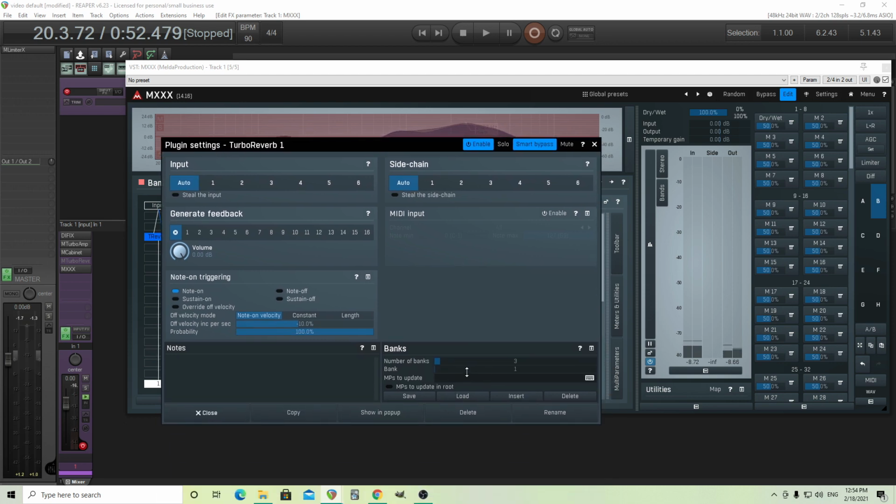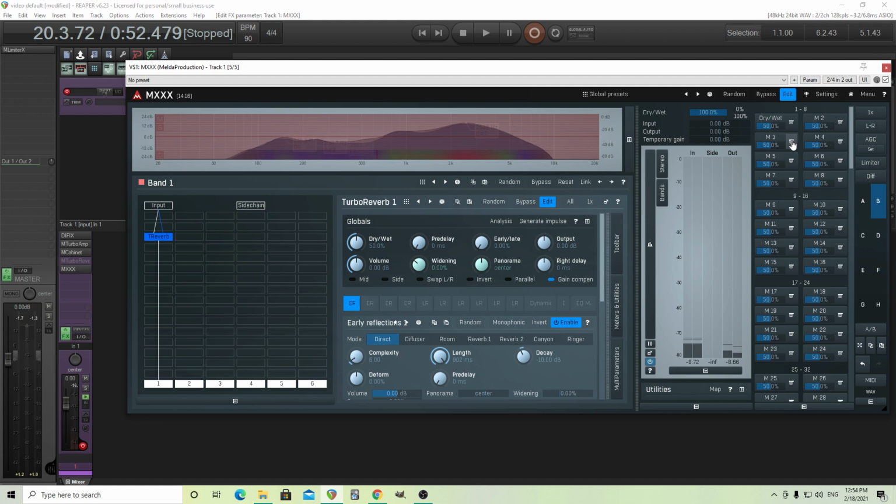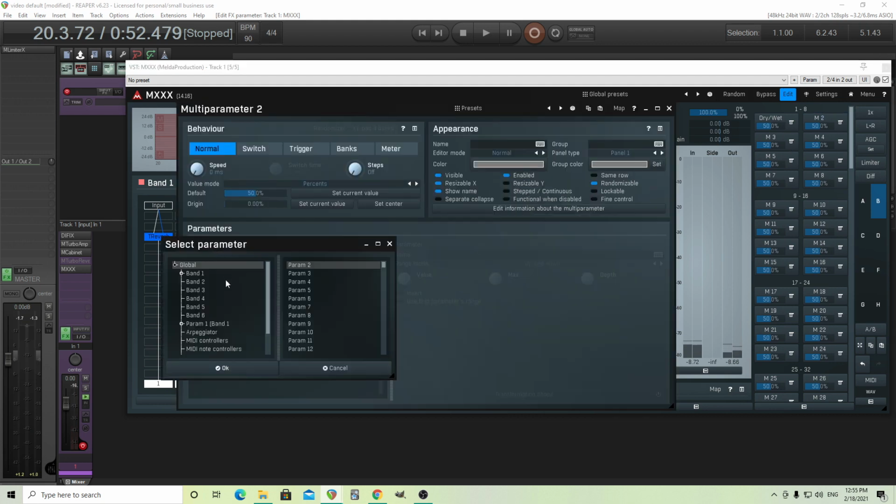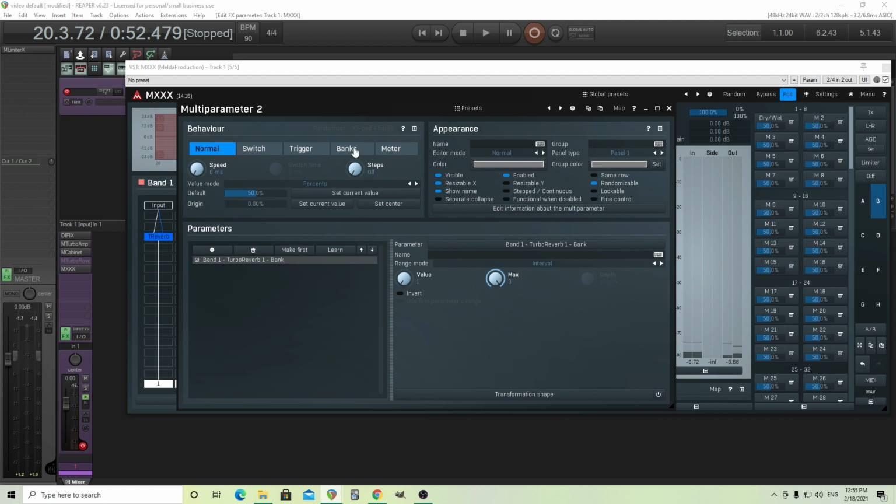Now we have a few different things here. Let's just create bank 1 and click save. Now next, what I'm going to do is just click here. Find it. Is it band 1? Yeah, MTurboreverb 1. And it seems here's like, what? There's too many parameters. Just go all the way to the bottom here and you'll find bank. I'll set this to banks mode. I know this is getting confusing, but make sure you have bank in here in MTurboreverb 1 bank and then